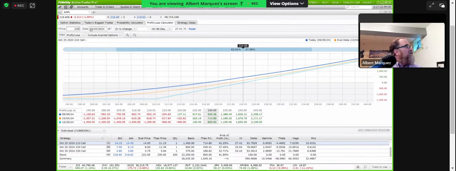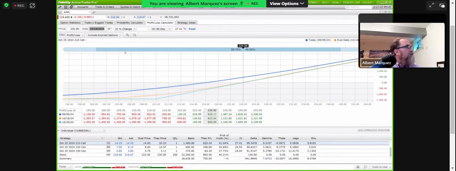What's it going to look like if we stay at 230 and we get to a week before expiration? Well, now it starts to look a little bit different, because that deep in the money option that we bought is still maintaining a lot of its value. We've only lost a little bit from that 750 or whatever it was that we had a week earlier, 2 weeks earlier. But look at what happens to the at the money and the out of the money. We've substantially less return on the at the money.